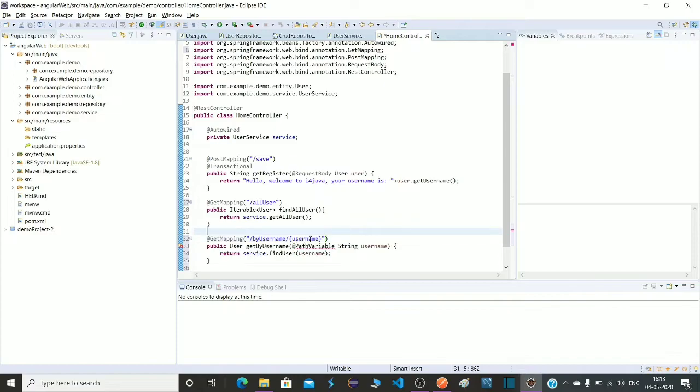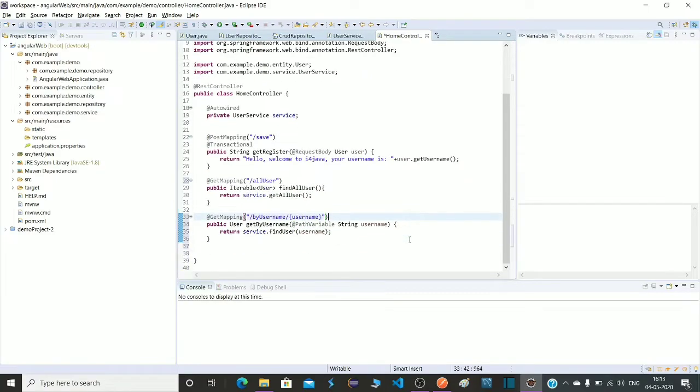So this interpolation will fetch the name here. Let's import the package. Okay, it's also done, but because we are sending a name to the database, we have to mention @Transactional here.